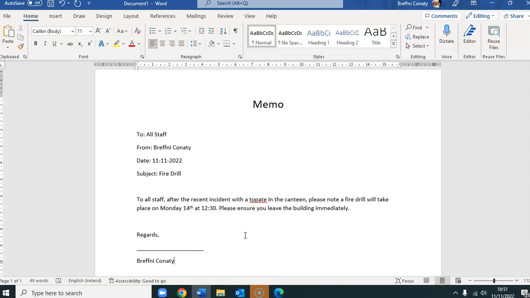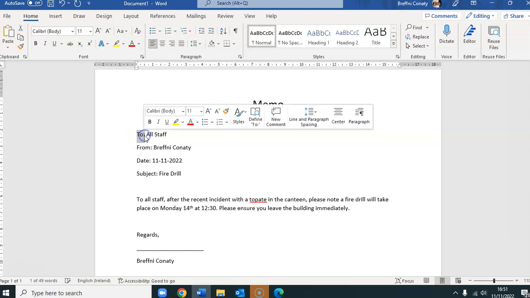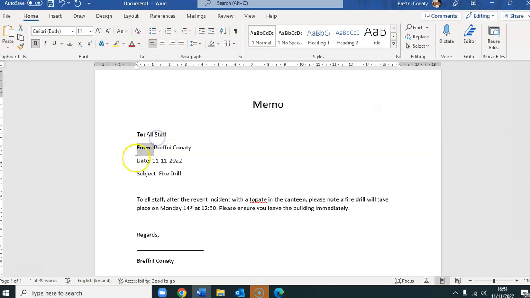This is where we had gotten to in class, and I used this. I'd asked all the students to follow this, and we then began to format it a little bit. I had asked everybody to highlight the words that we wanted to put in bold. So again, left click and drag over the word, and then click B to put it into bold. I did this for all of the words